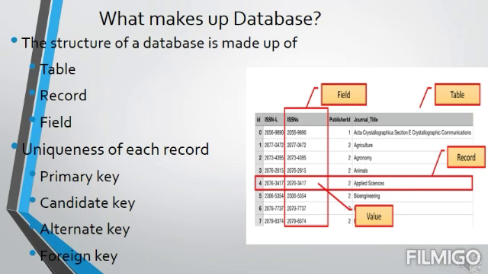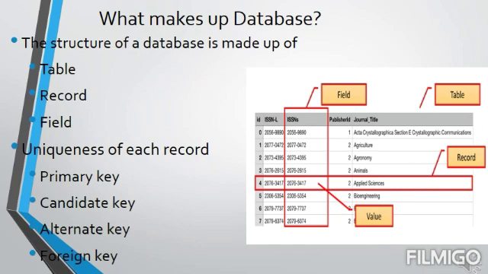Uniqueness of each record. Each record in the table is unique. In other words, you cannot have identical records about the same item in the table. To distinguish one record from another, tables contain a primary key field. The primary key is a group of one or more columns used to uniquely identify each record in the table. It can be a product code, employee ID, project ID, or a student roll number, which is the unique number given to each and every person. Records are arranged according to the value of the primary key field. The value in the primary key field is different for every record and thus helps in uniquely identifying the records.